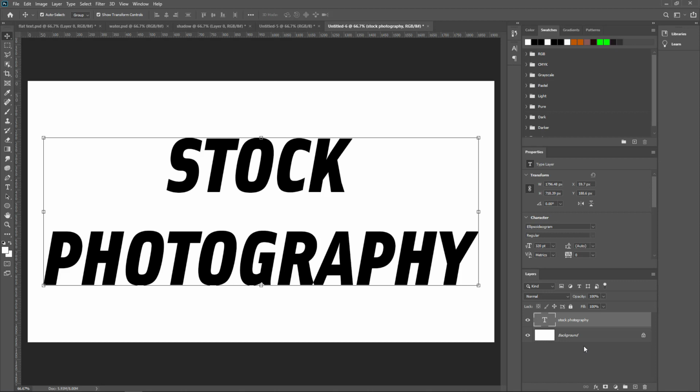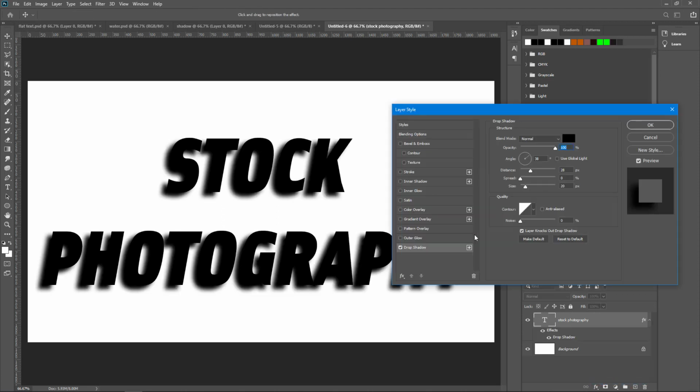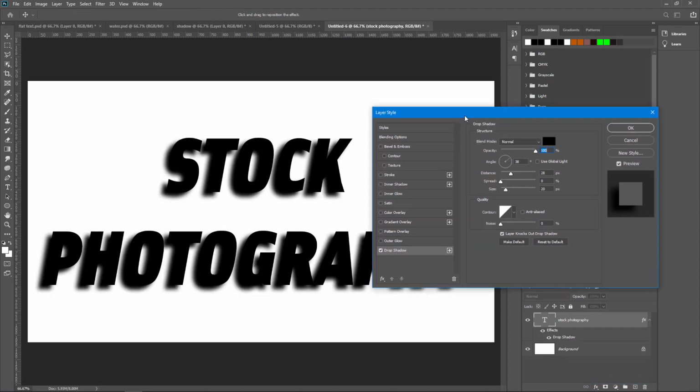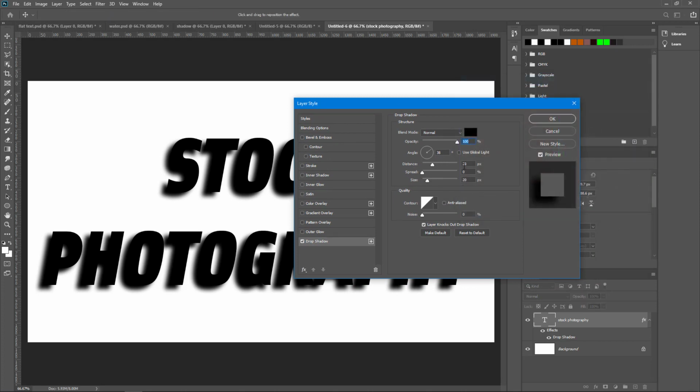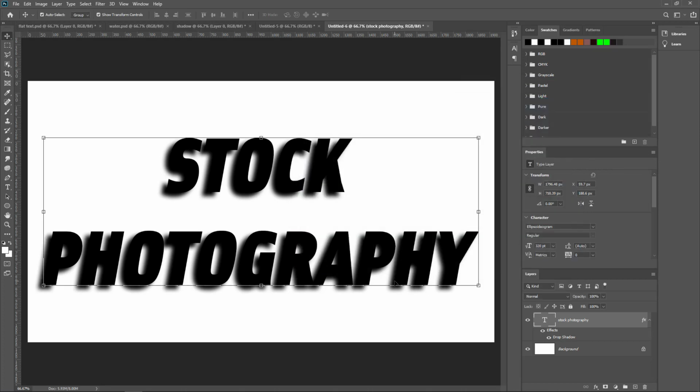Now it's time to apply a drop shadow. Select the text layer, choose the effect icon and choose the Drop Shadow option. In the Drop Shadow options, we set the color to black, set the distance to 28 pixels and the size to 20 pixels, and click OK. Now the drop shadow effect is done. Now we have to save it.